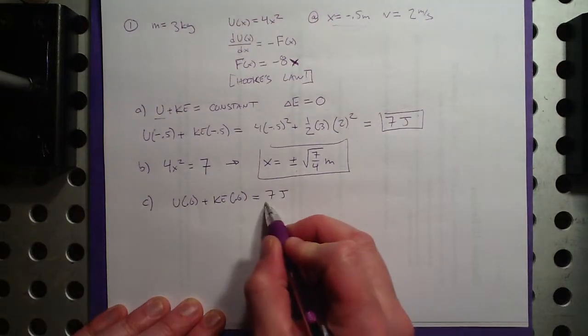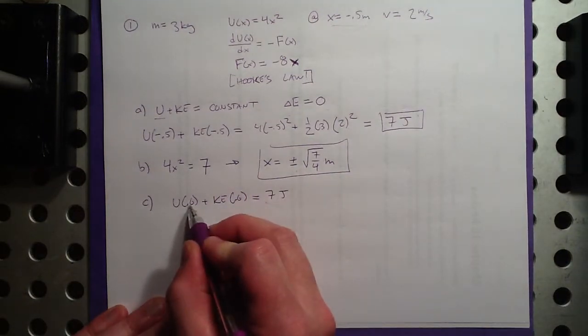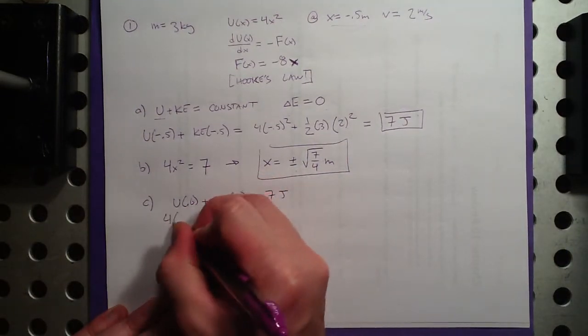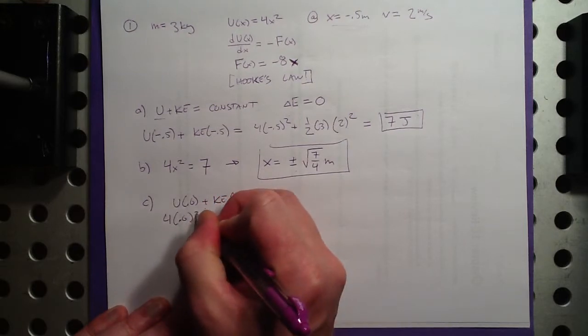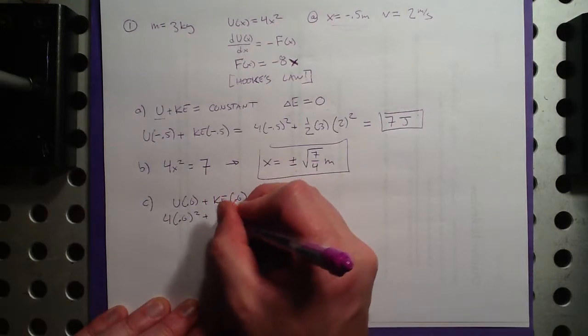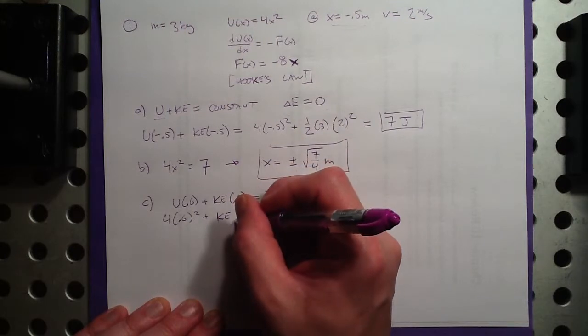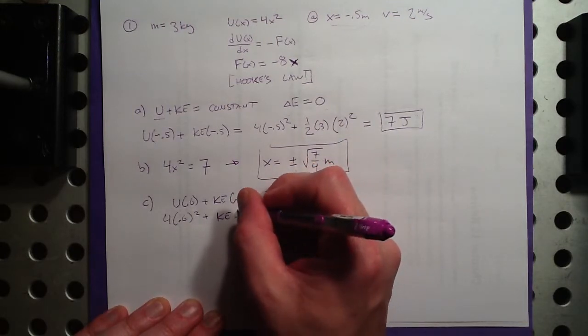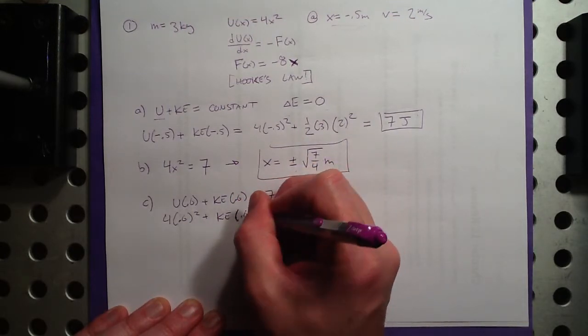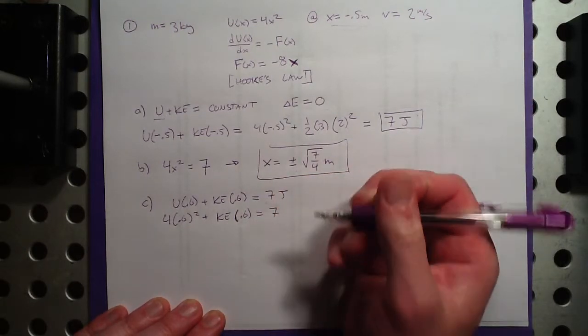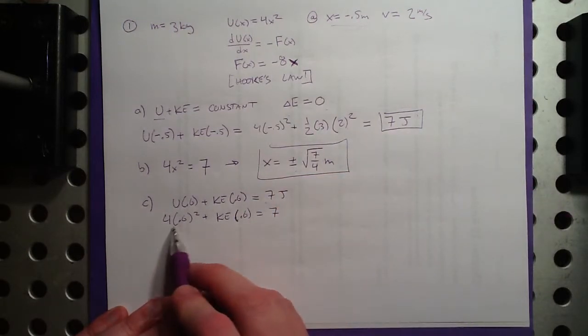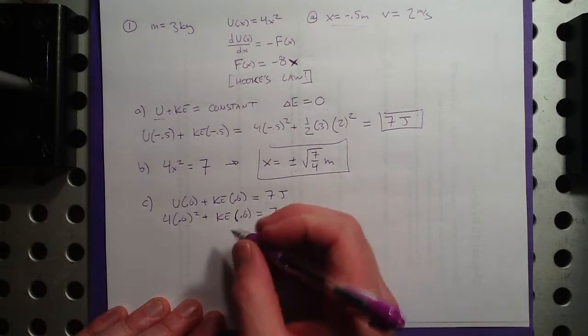Because the mechanical energy is always 7 joules. So this is 4 times 0.6 squared plus the kinetic energy at 0.6, which we're going to find in a second, equal to 7. And I believe this is equal to 1.44,